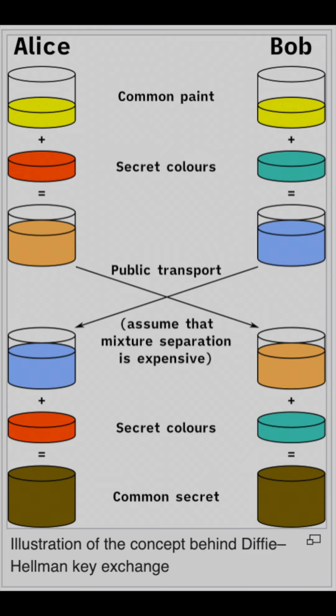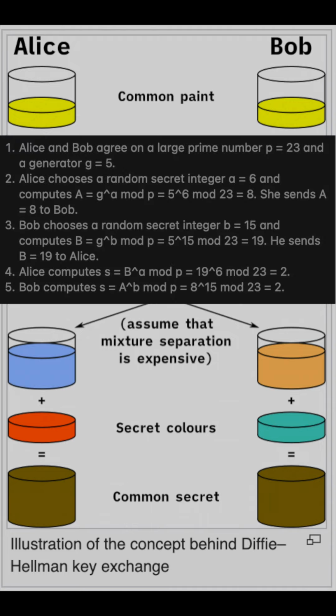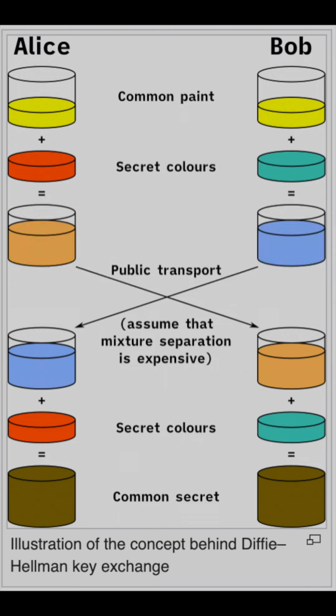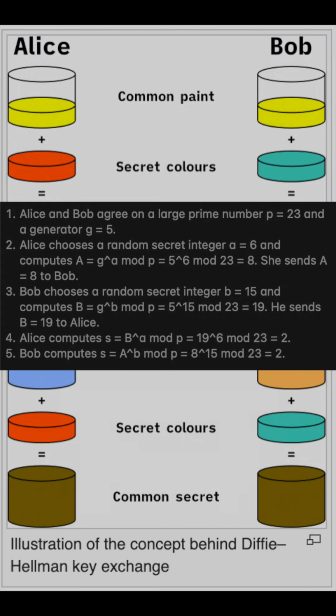The method is based on the difficulty of computing discrete logarithms in a finite field, and works as follows. Alice and Bob agree on a large prime number, P, and a generator, G, where G is a primitive root modulo P. Alice chooses a random secret integer, a, and computes A equals G^a mod P. She sends A to Bob. Bob also chooses a random secret integer, b, and then computes B equals G^b mod P, and he